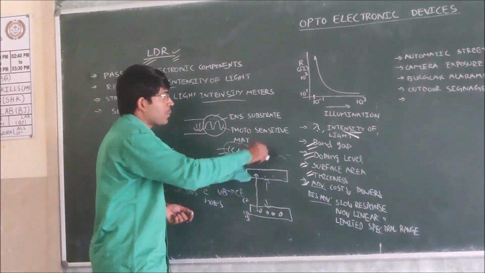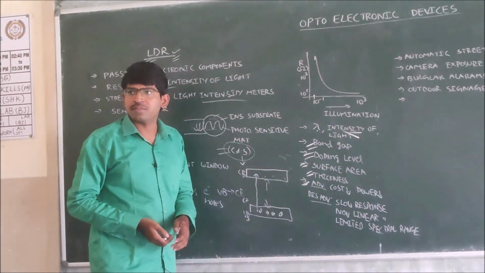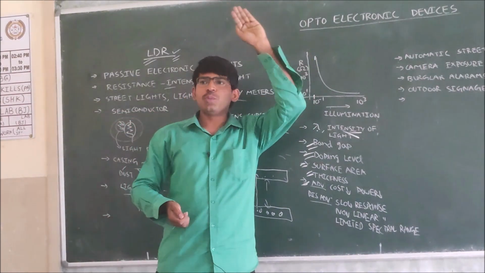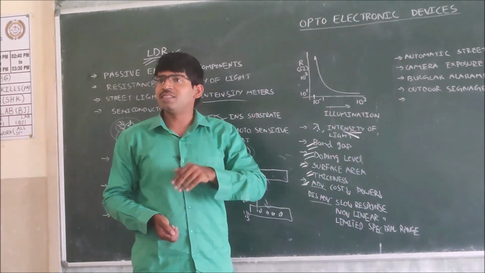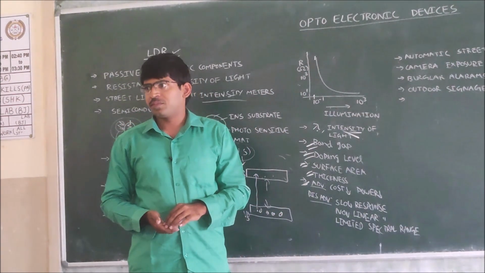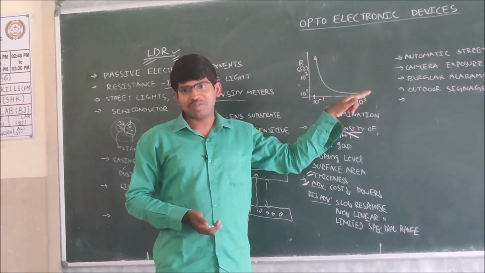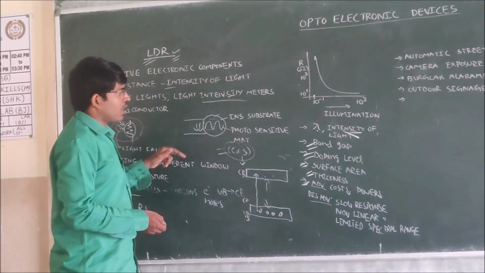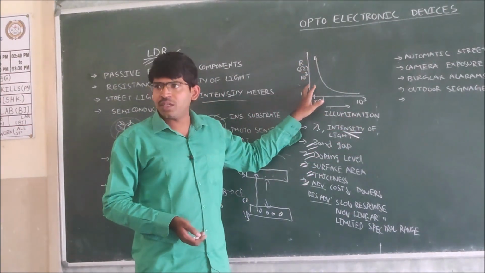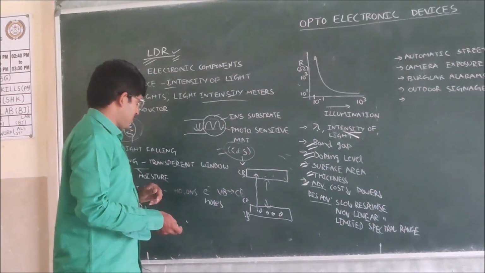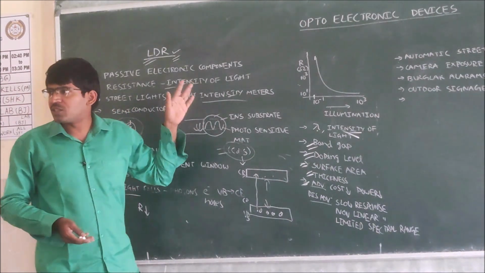The same thing we are representing in a graph. See, when the light illumination is increasing, then the resistance is decreasing. But this is non-linear. Okay? On the x-axis we have illumination. On the y-axis we have resistance. If more light is falling